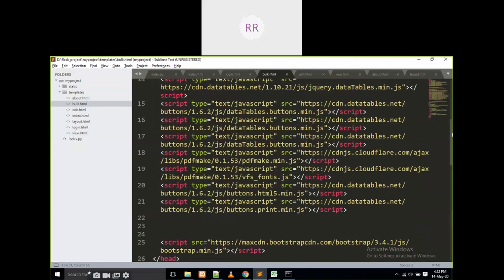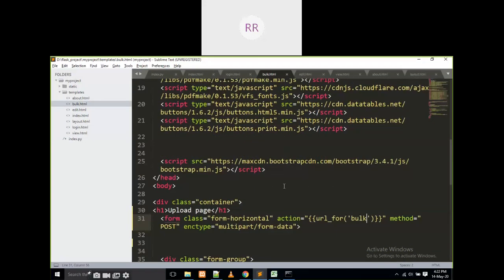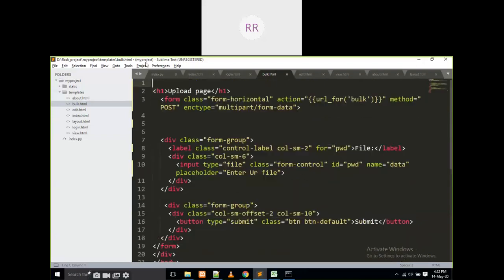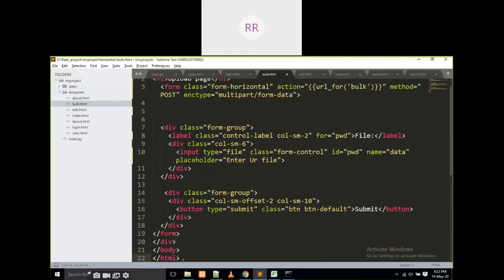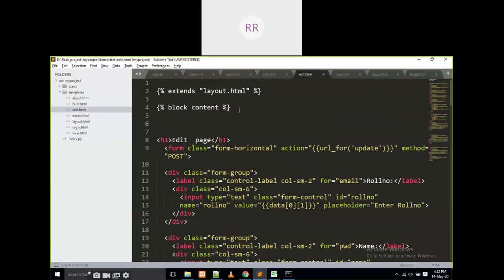Oh, sorry, the bulk is copied from login.php. That is the mistake here. Just wait, I am going to modify it. This is not from login, we have to write, this is from extensions.html.